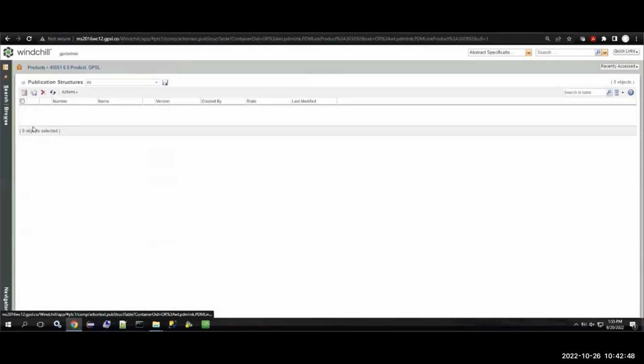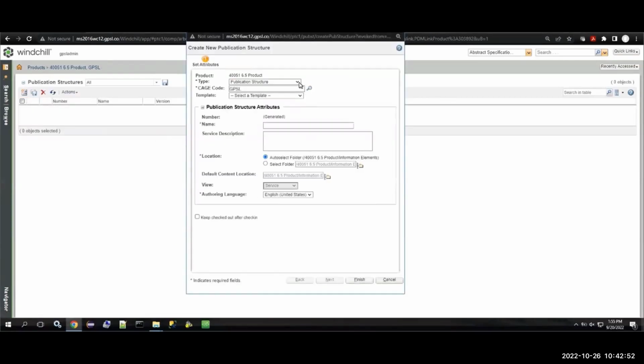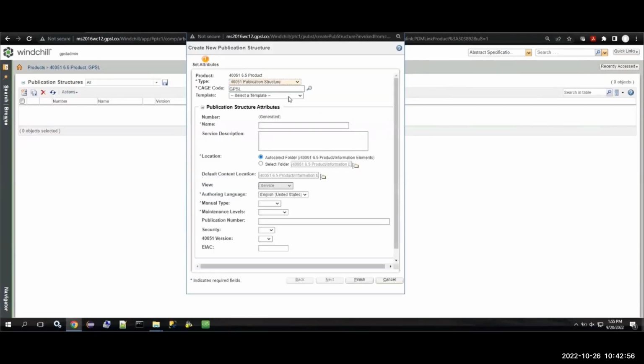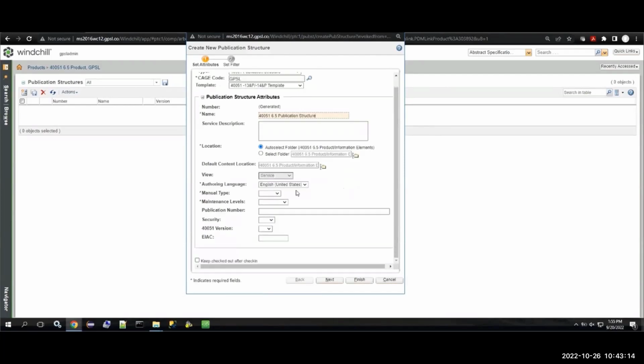But before we get to that, I'm going to demo creating the publication structures. We also have a number of publication structure templates, which are essentially a way for you to start building out your publications. We have various templates for the dash 13 and 14 manuals, dash 10, whatnot. This allows you to get up and running as far as building out your publications. So I'm going to go ahead and create a